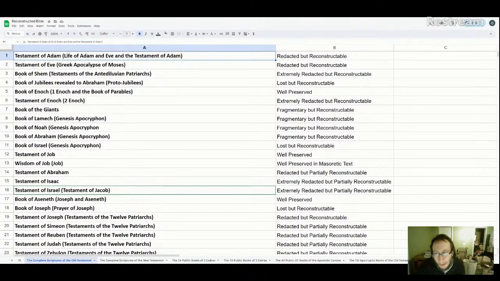It's going to be fairly close to what we have in the Greek manuscripts of what's called the Apocalypse of Moses. The reason it's called the Apocalypse of Moses is because in the Greek manuscripts, it claims that Moses received the story of Adam and Eve from a revelation from God. But that actually is a later scribal idea that they used to try to explain how this book was preserved.